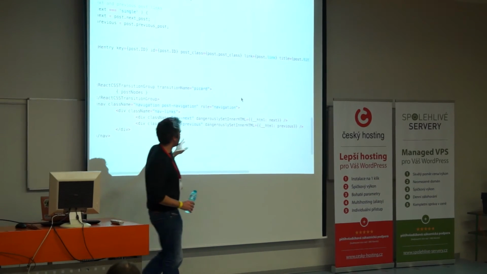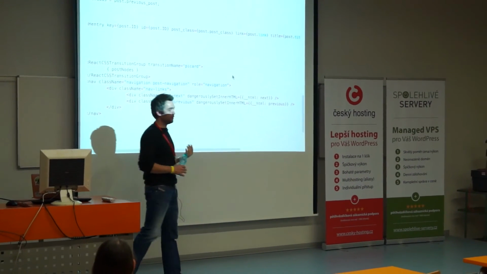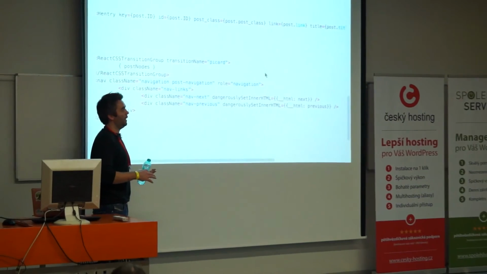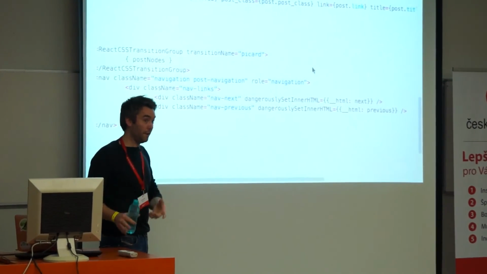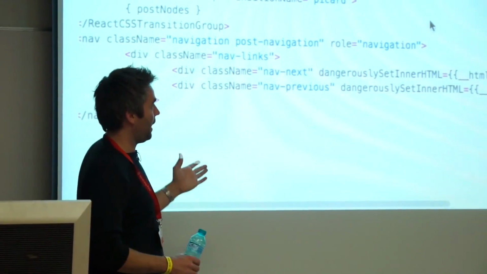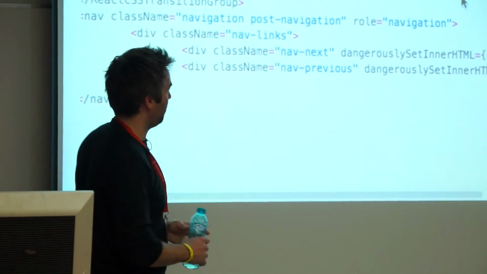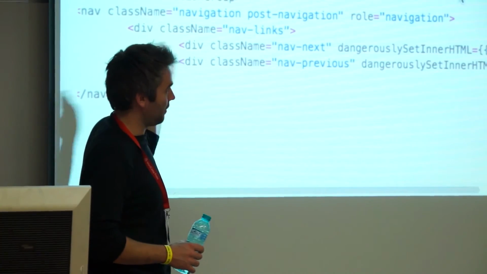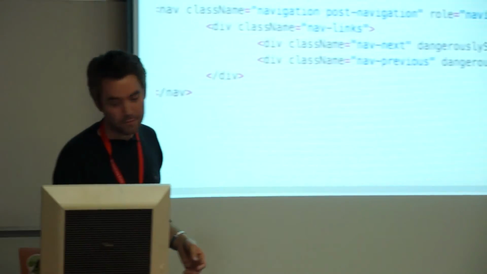There's some weird stuff. This dangerouslySetInnerHTML is because I'm passing in HTML that I know is HTML, and I don't want it escaped. React by default will escape everything. I don't want that to happen because then it will not appear as I want it to appear. And I know the HTML is safe because I've provided it. So that's